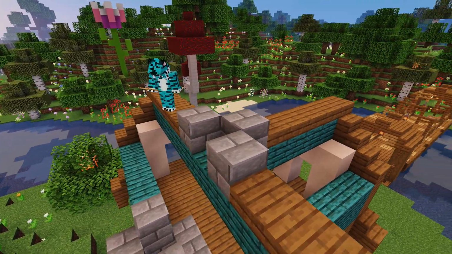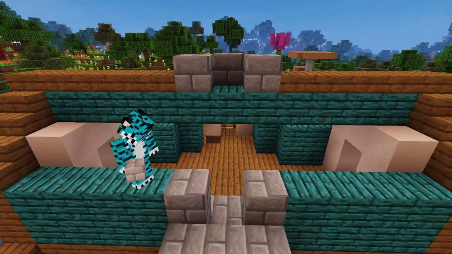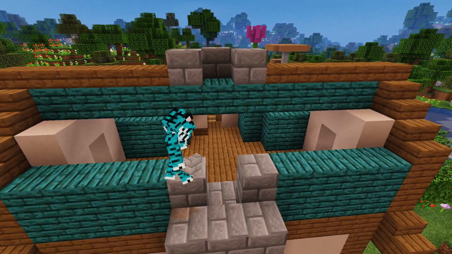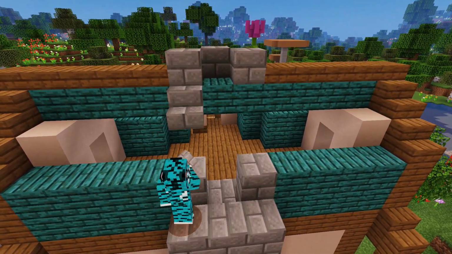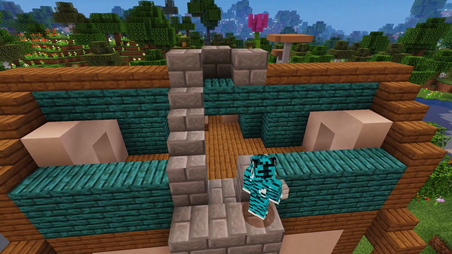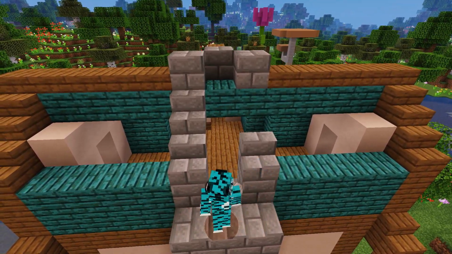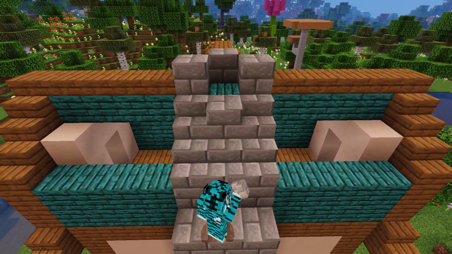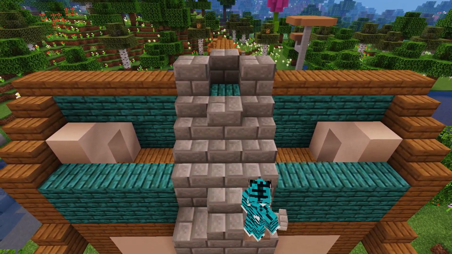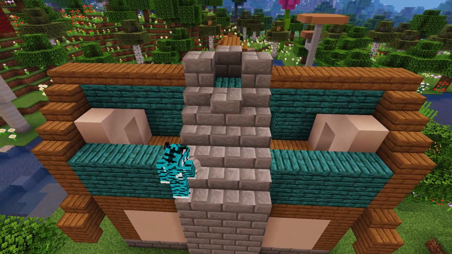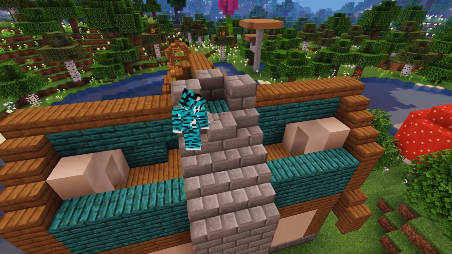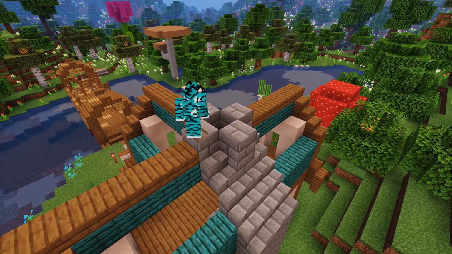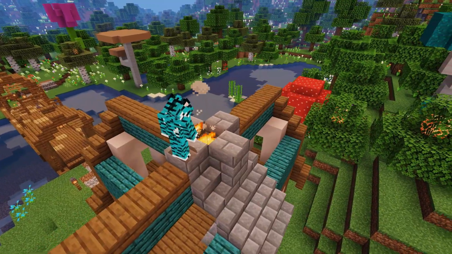Most of this part is made of stone brick stairs, apart from the 1 stone brick block you'll see me place in the middle. Then pop another stone brick block on top, so the top of the chimney now is all at the same level. At this point we want to add a campfire inside to give us the smoke effect to make our